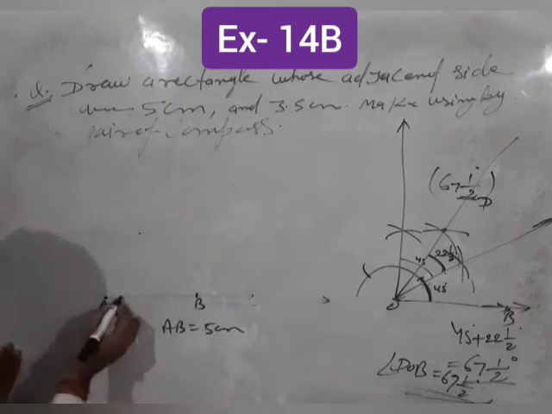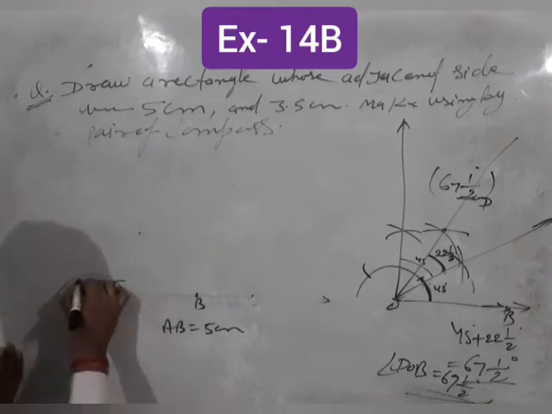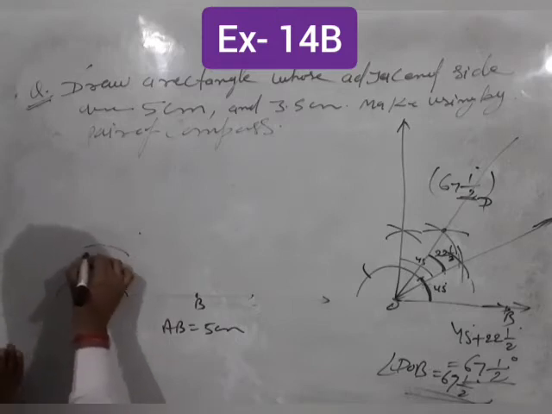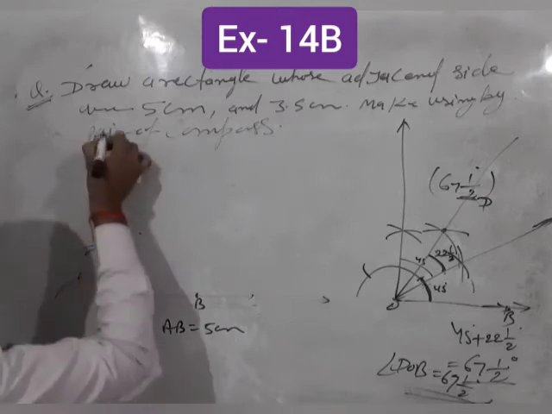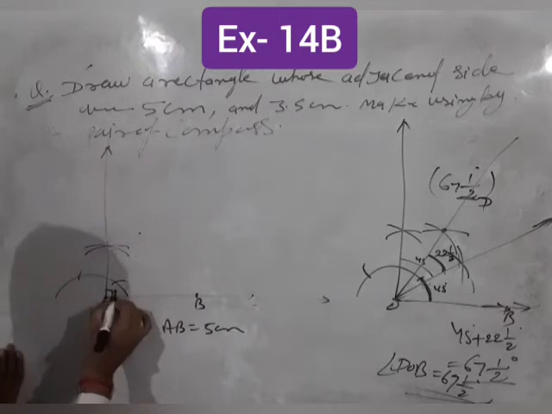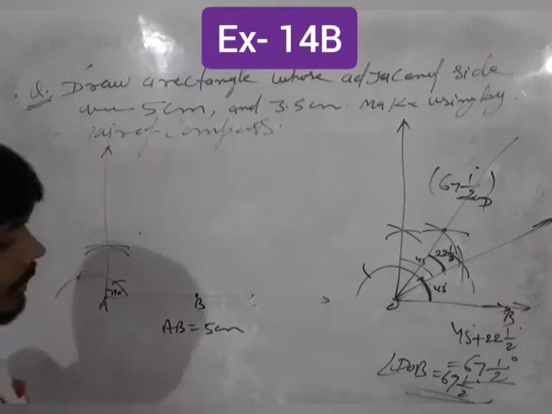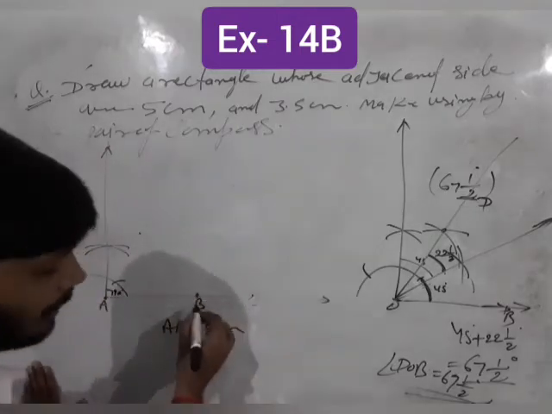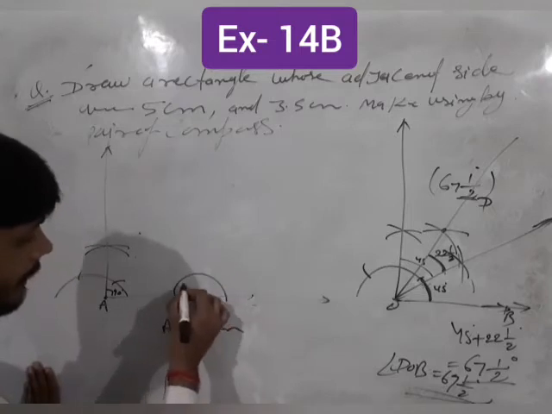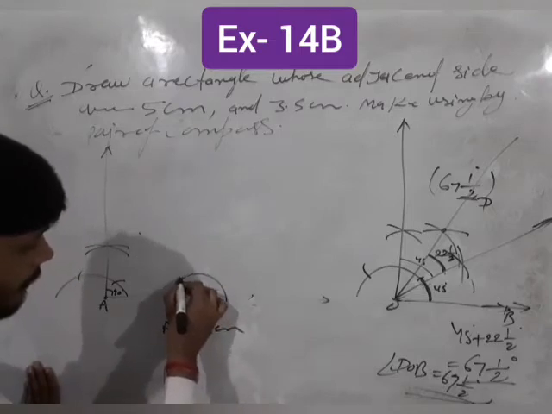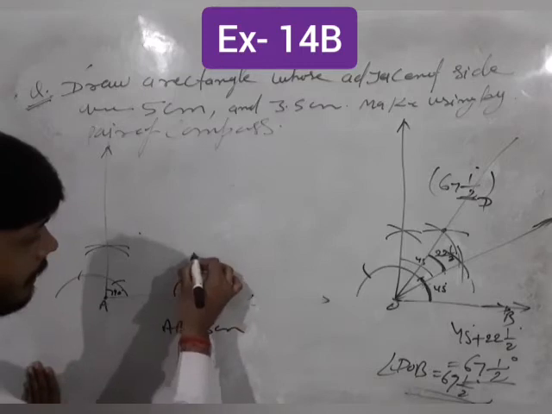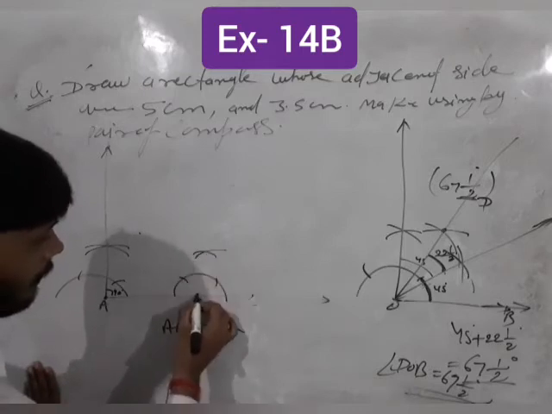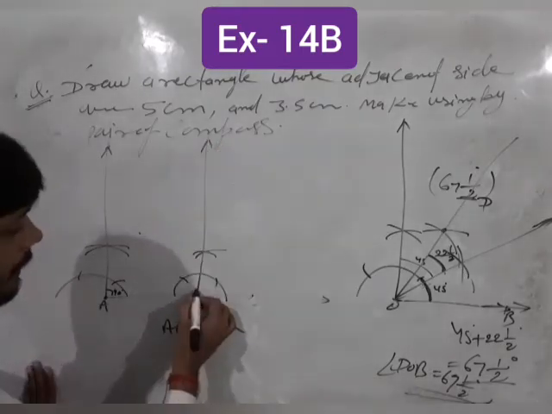Again, students, from here draw a right angle. Here 60 degree, here 120 degree, and here when you draw, this is the 90 degree angle. And students, now again at the point B, draw a 90 degree angle. Here 60 degree angle, 120 degree angle, and join it, it's a 90 degree angle.